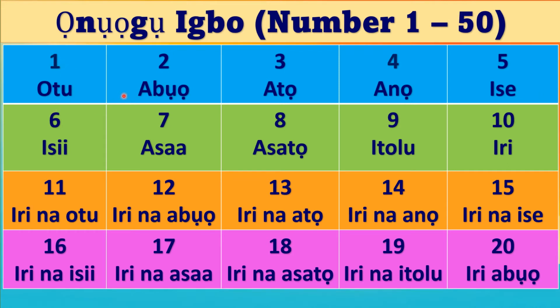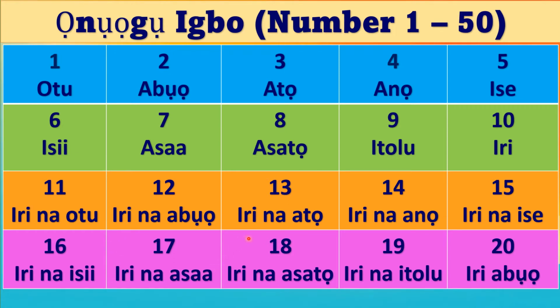1 bụ otu, 2 bụ abụọ, 3 bụ atọ, 4 anọ, 5 ise, 6 isii, 7 asaa, 8 asatọ, 9 itoolu, 10 iri, 11 iri na otu, 12 iri na abụọ, 13 iri na atọ, 14 iri na anọ, 15 iri na ise, 16 iri na isii,